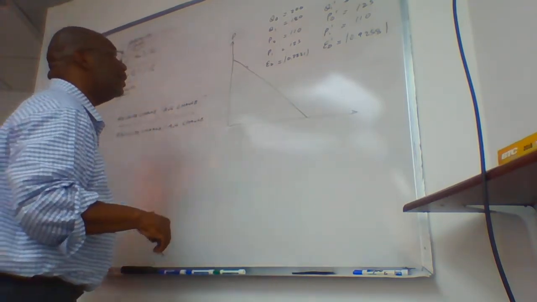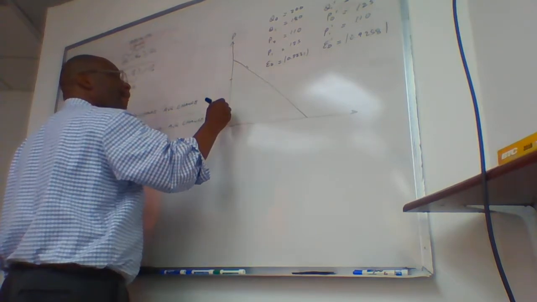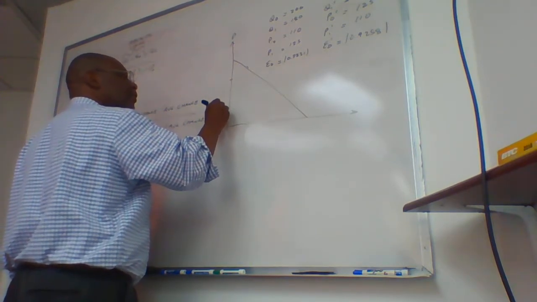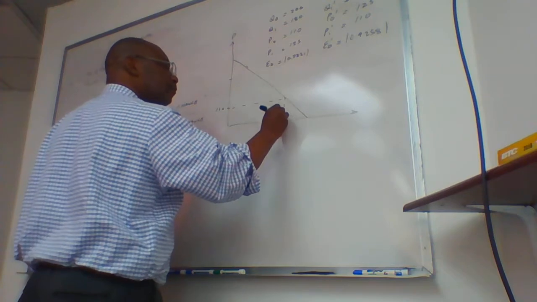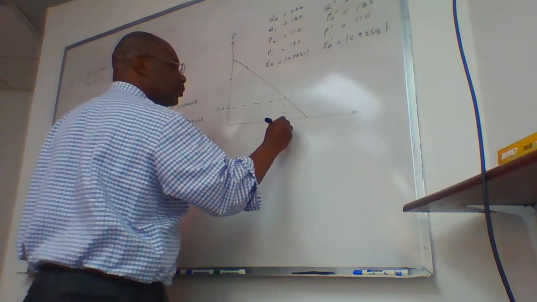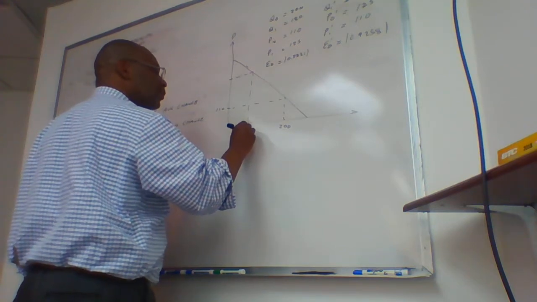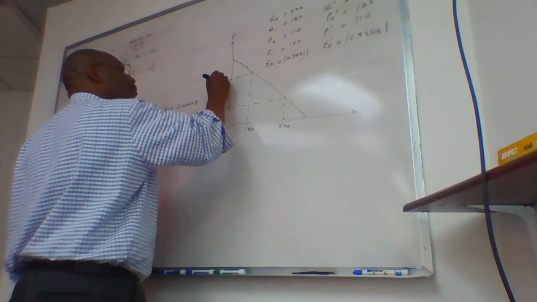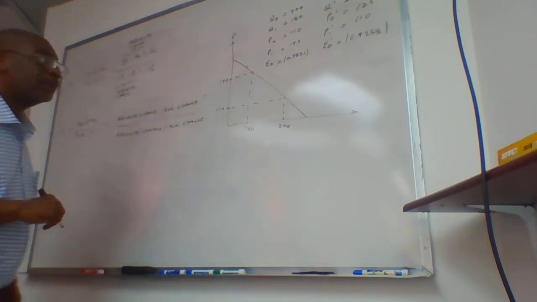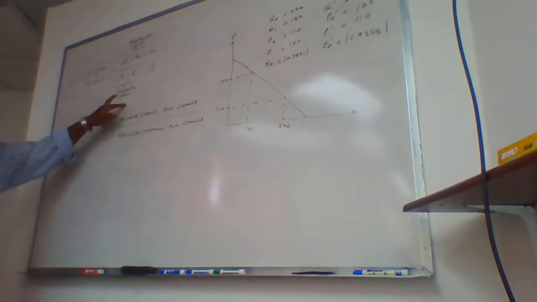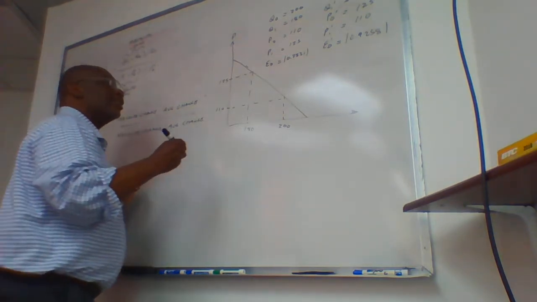Now, where are we? We had, this was $110, and this was 200 units. This was $125, and this was 180 units, all right. So, the absolute change then says we measure the difference